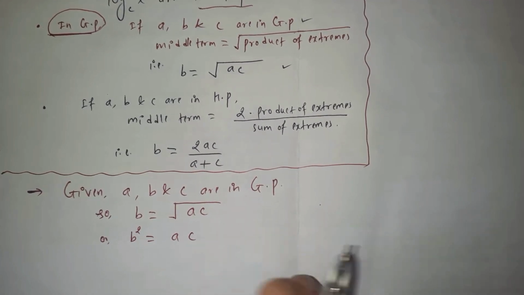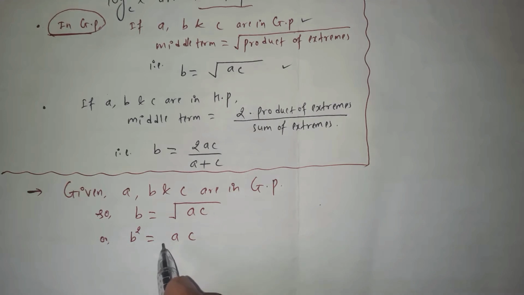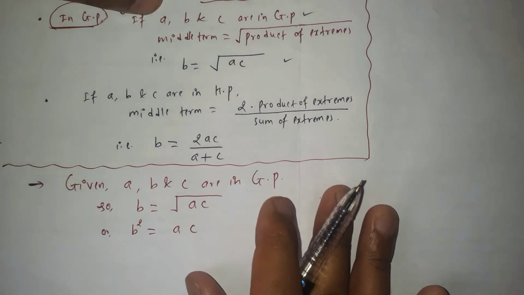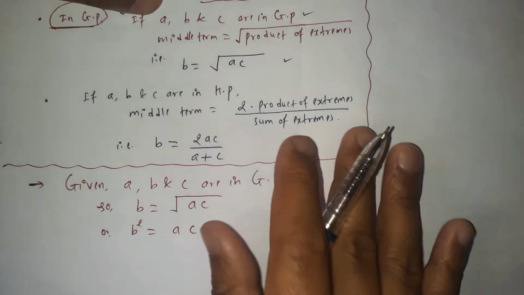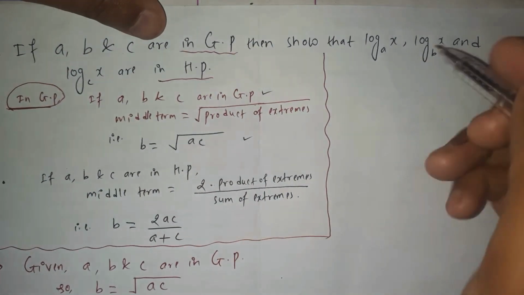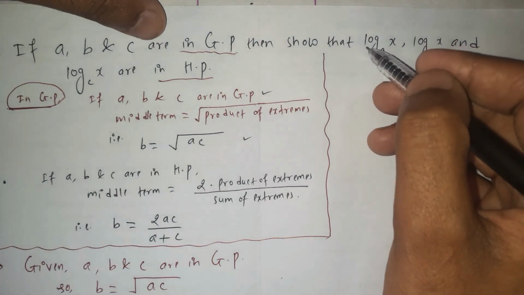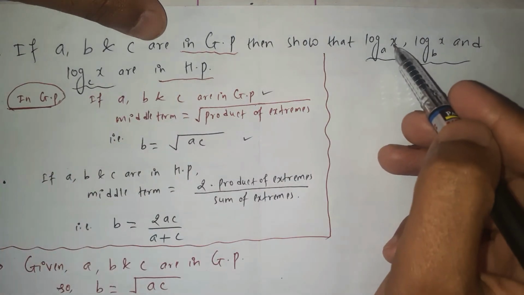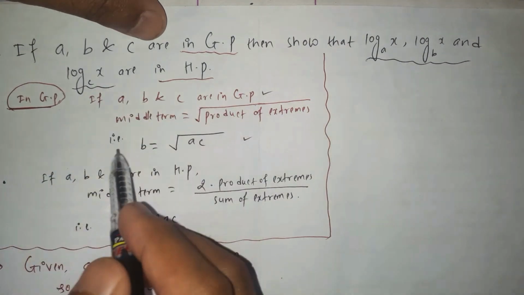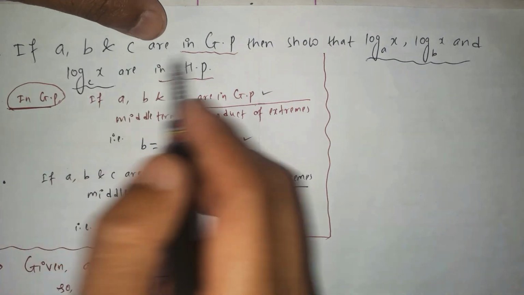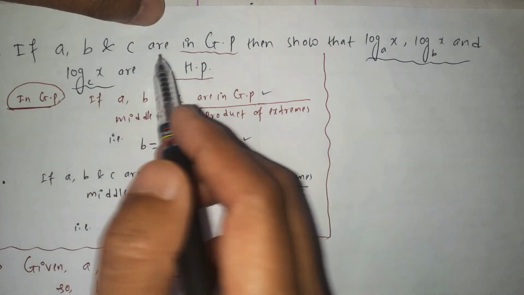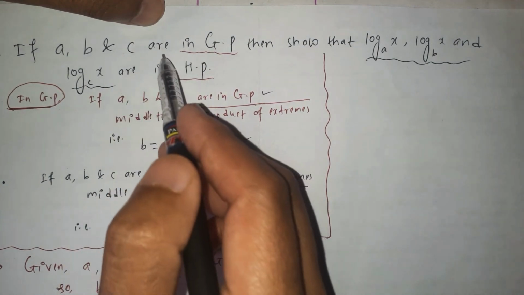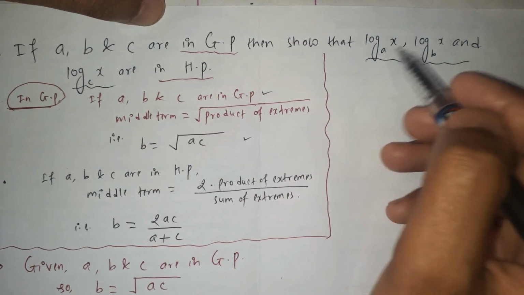Is A times C. And from here, let's take a logarithm with base x on both sides of these equations. Here the question is about the logarithm. In all three numbers, the common part is the x. But in the given question, there is no x involved. The relations in terms of x are not given anywhere in the question, but here the concept of